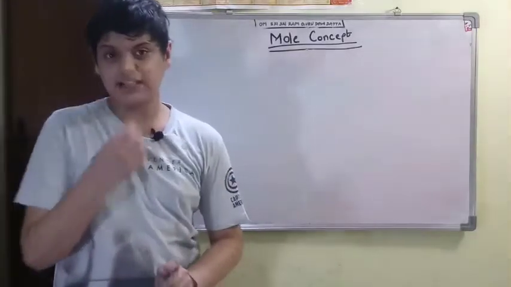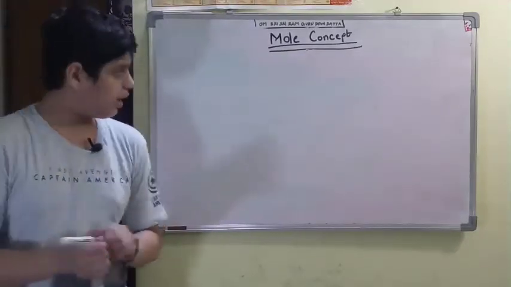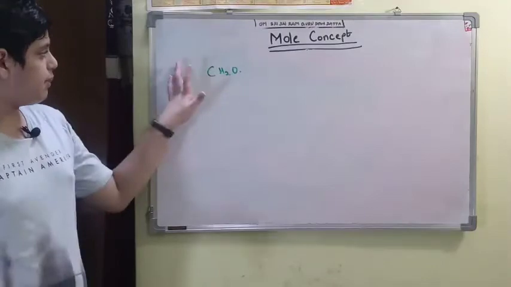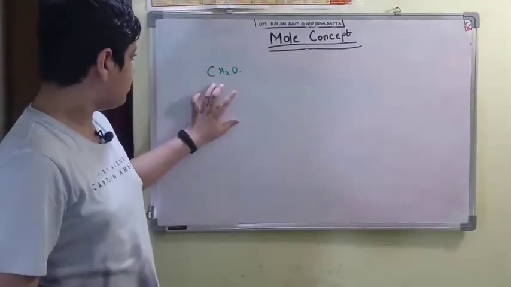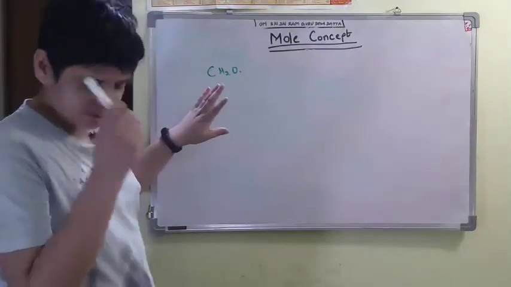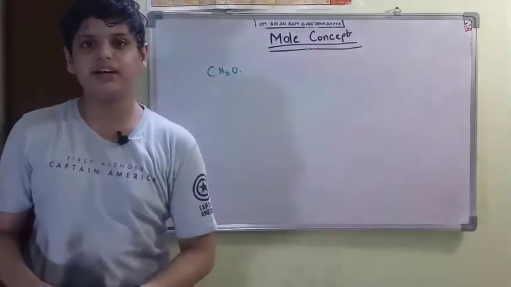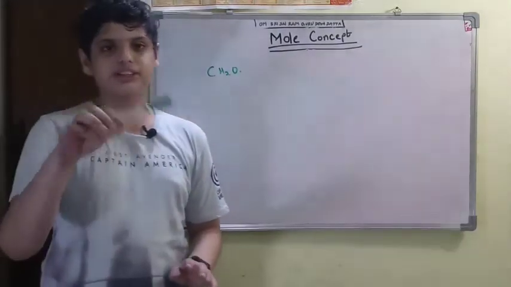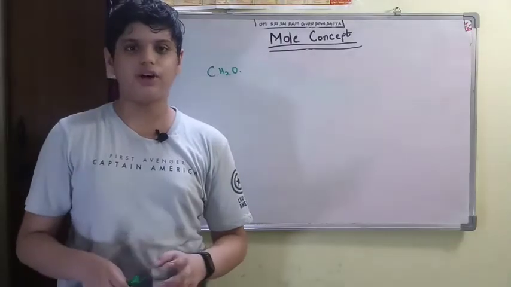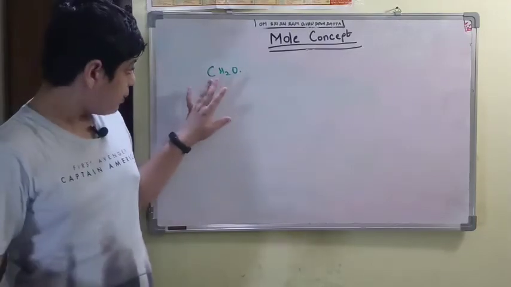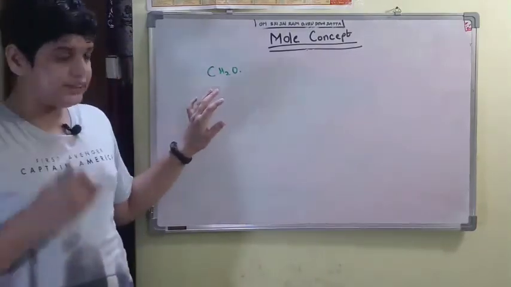In some questions they will ask you about the percentage. CH2O is a compound, and they will give the mass of this one and ask us to find the percentage of carbon, percentage of hydrogen and percentage of oxygen in the compound. Using quantitative analysis you can find them. I am giving a list of formulas which scientists derived using quantitative analysis. Please take a note of that, you can find the percentage weight of the elements using it. Please take a screenshot. It is not straight, please adjust for this one, thank you.